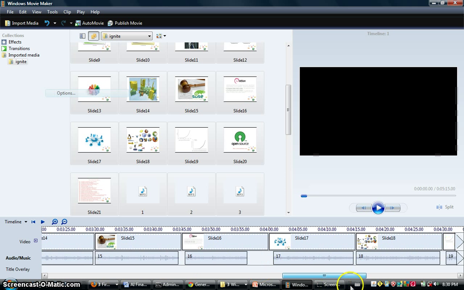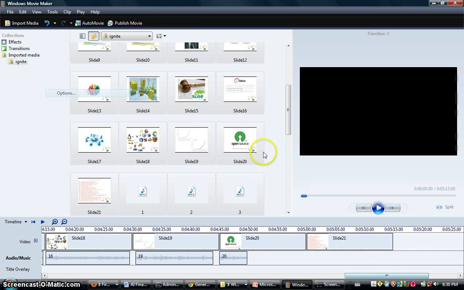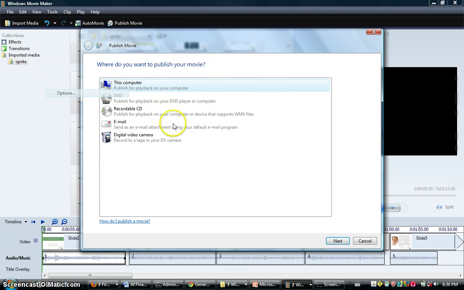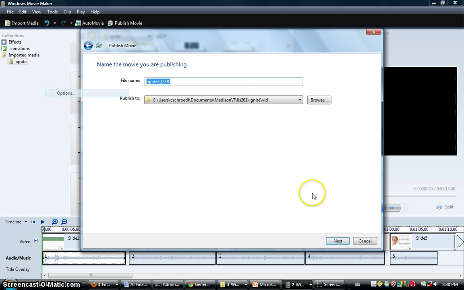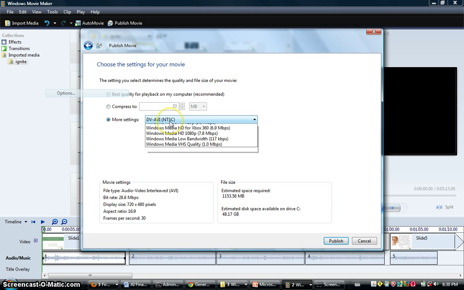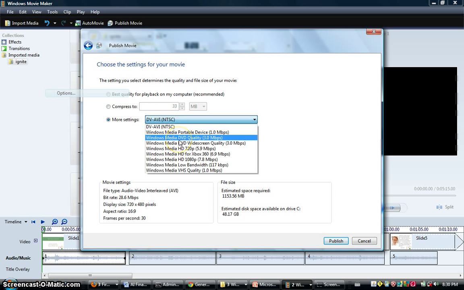Okay, now that I've rearranged all of the clips here, and we're good to go, we can export the movie. Go to File, Publish Movie, select this computer, click Next. Select the file name and click Next. Remember where you export it to. You can either choose best quality for playback on my computer, or if you want to go the HD route, you can go to More Settings and go to Windows Media HD